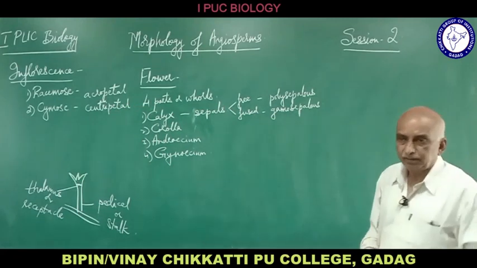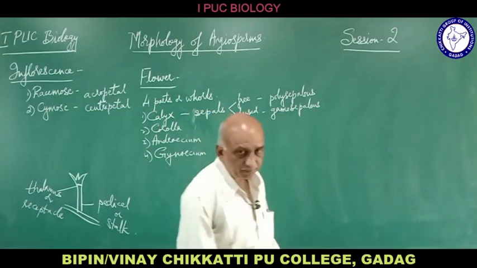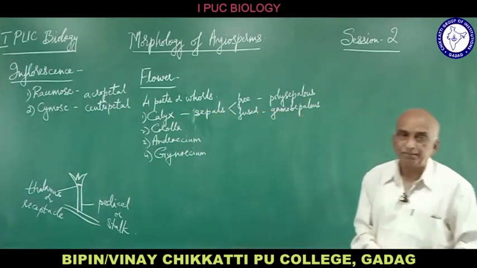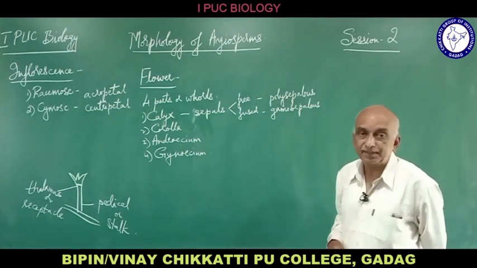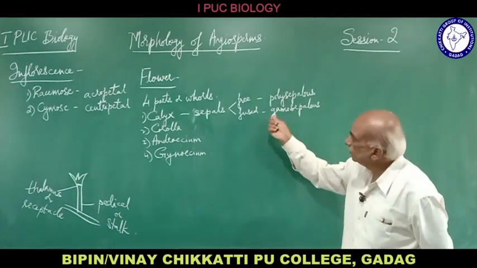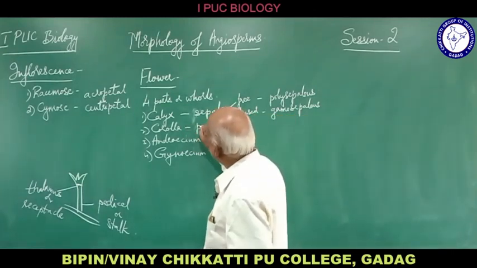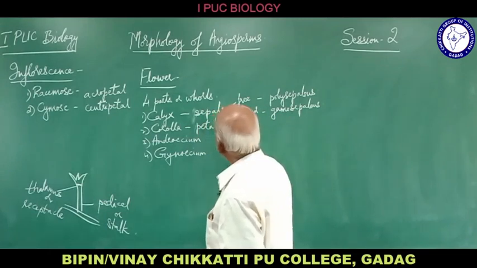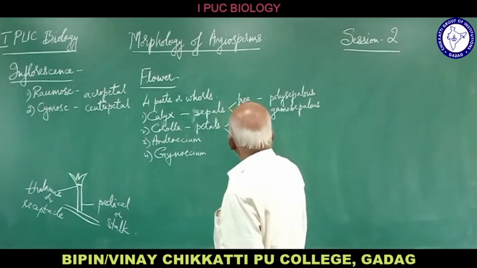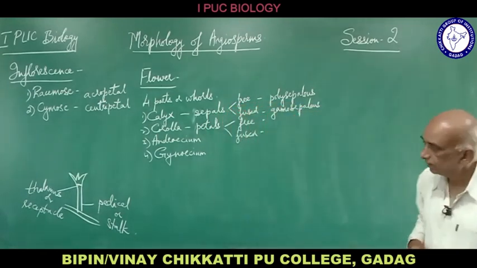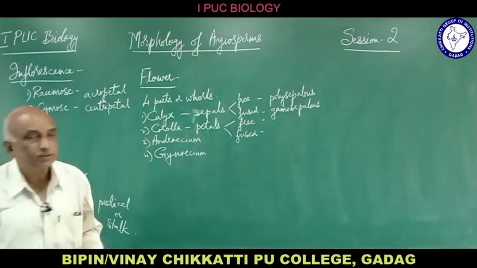But free, we can see in the tomato flower, the calyx is free and the sepals are free. The calyx is having free sepals. So like that, calyx may be fused or free. And similarly, the corolla, the colored part, is also made up of petals. So it may be free or it may be fused, like this. So the corolla may be having free petals or fused petals.